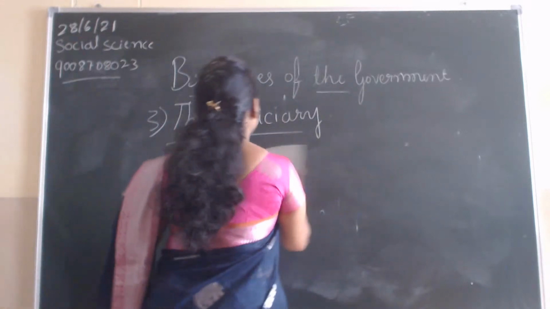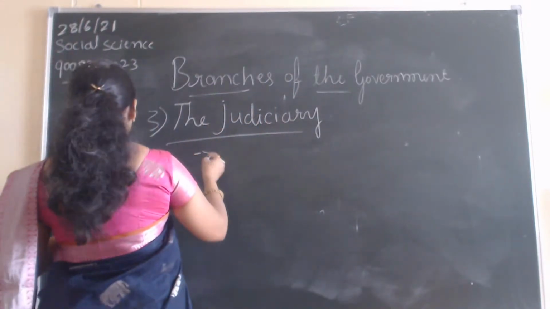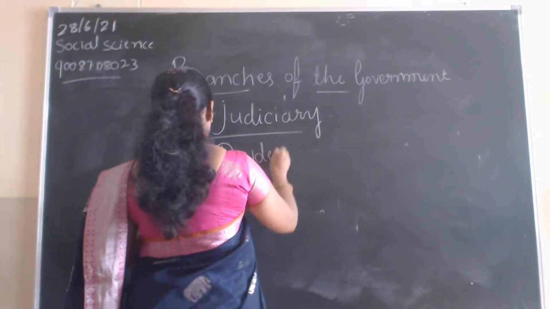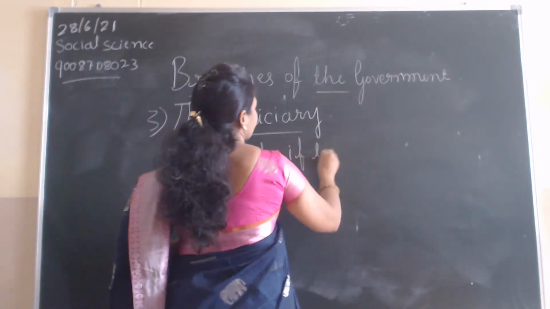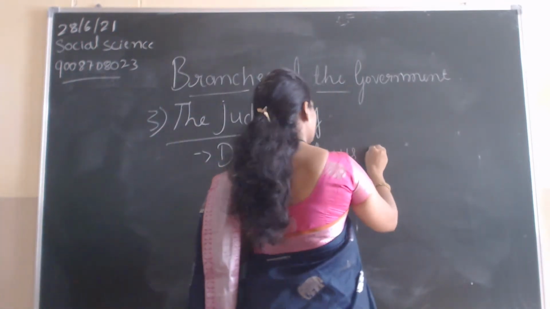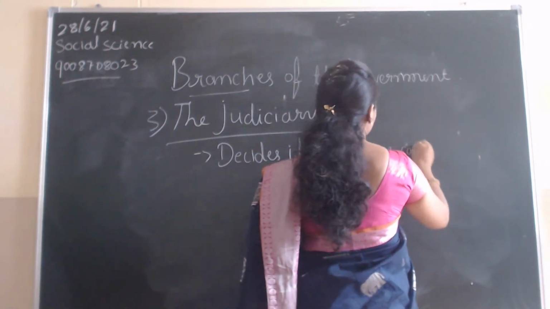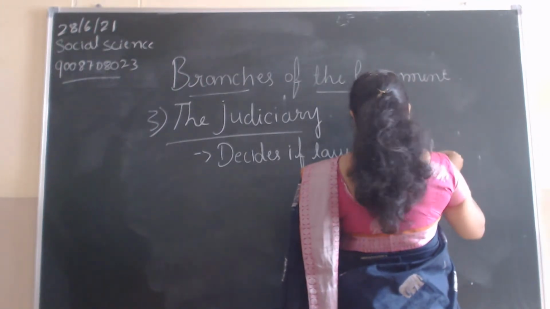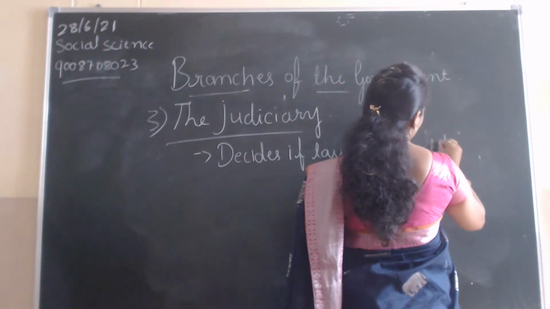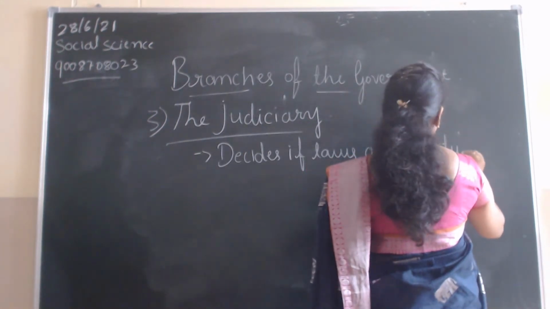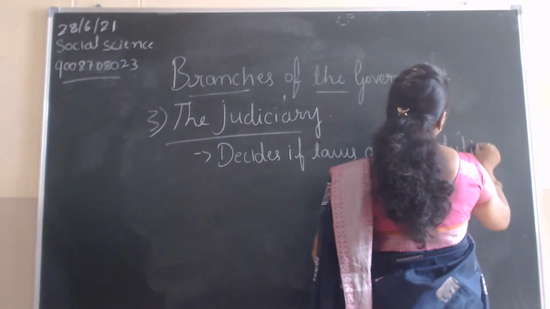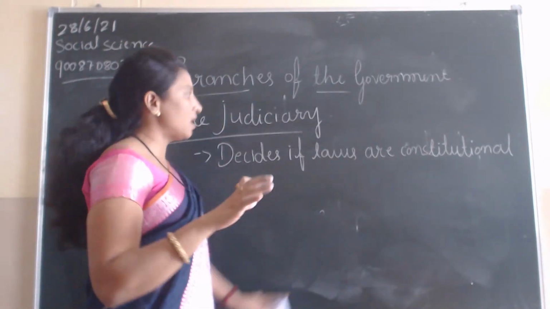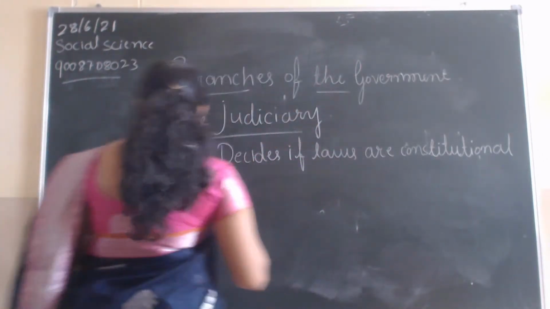What rights does the judiciary have? First, they decide if laws are constitutional. If a law is constitutional, okay, they decide. But if the laws are constitutional, then second,